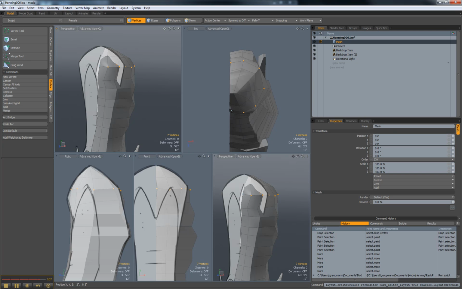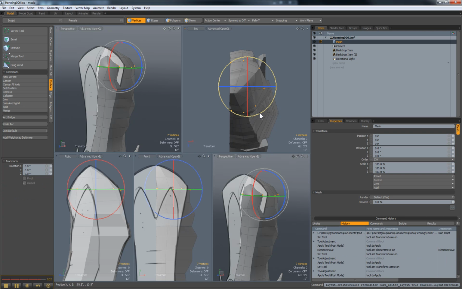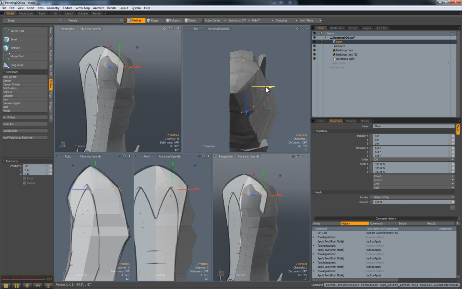Now this point down here isn't perfectly on the right spot, so I can use the rotate tool and just rotate the arc. And then switch to the move tool and put that right on the middle. And that almost perfectly lines up with this point. So if I switch to the scale tool again, pull it in just a little bit, move tool, move it in, and I still have my nice arc. So if I hit tab to go to subdivision,